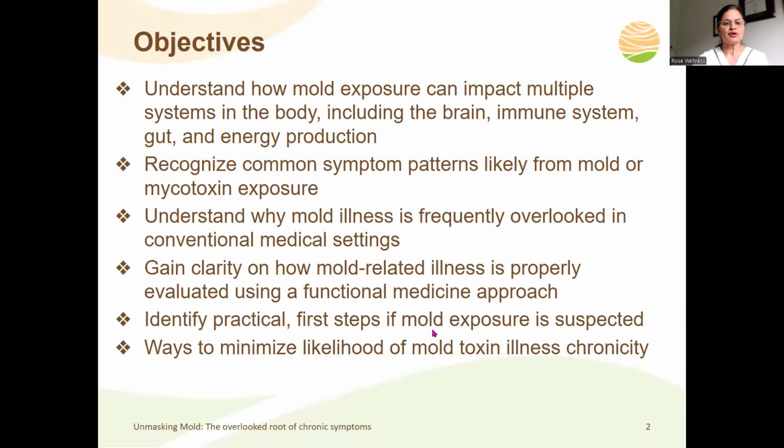So today we'll go over objectives, which is to understand how mold exposure can affect multiple systems, including our brain, immune system, etc. It also is to recognize what are the common symptoms people can experience from mold or from mycotoxin exposure. I'll explain what mold and mycotoxin mean, and we'll look at how mold illness can actually be frequently overlooked in